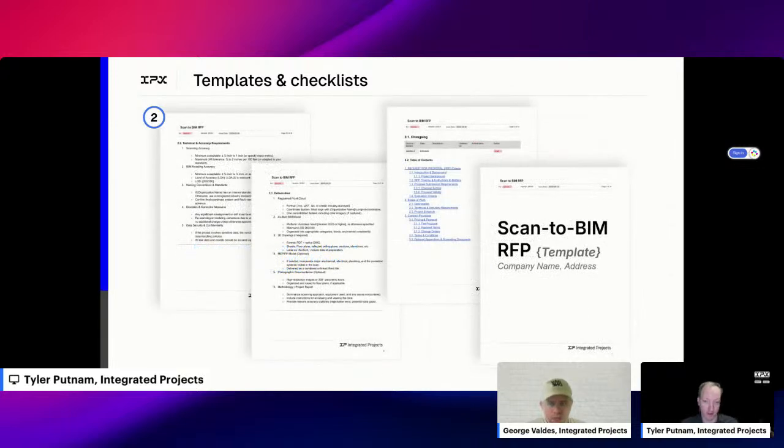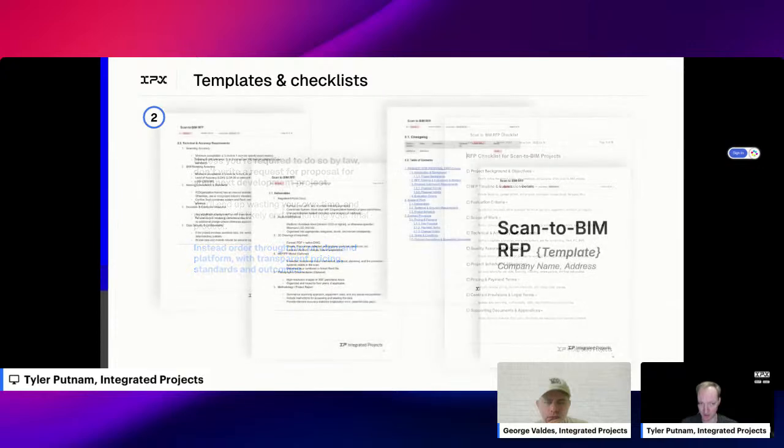Okay, but let's go beyond that. What if you don't want to write an RFP from scratch? Well, we've got you covered there as well. We put together an ideal Scan-to-BIM RFP. Obviously, we're biased, so if you fill it out, send it to us, include us on the list. But honestly, use this for procuring any other Scan-to-BIM company or services as well. This is a 15-page document that checks the boxes on all of